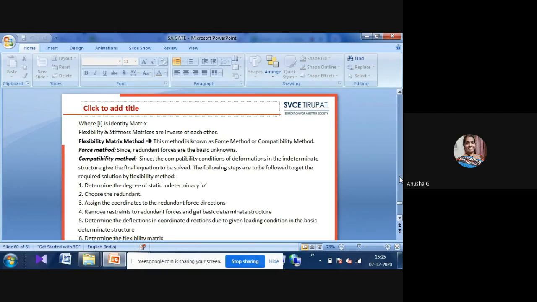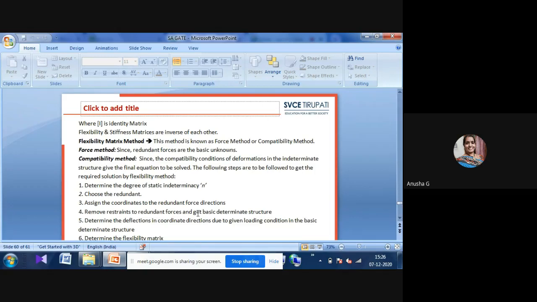The flexibility matrix and stiffness matrix methods are used to find the displacements and forces. Suppose there is one equation, ax plus b plus c. In that condition, whatever A, B, C are, forces or displacements, we have to write them in matrix form. Whatever we learned in the flexibility method will be continued in the finite element method. In your final year, you can have one more subject, finite element methods. There we see only matrix methods.